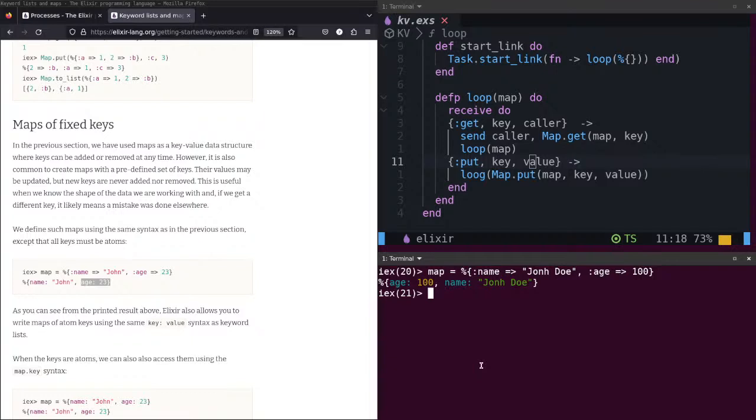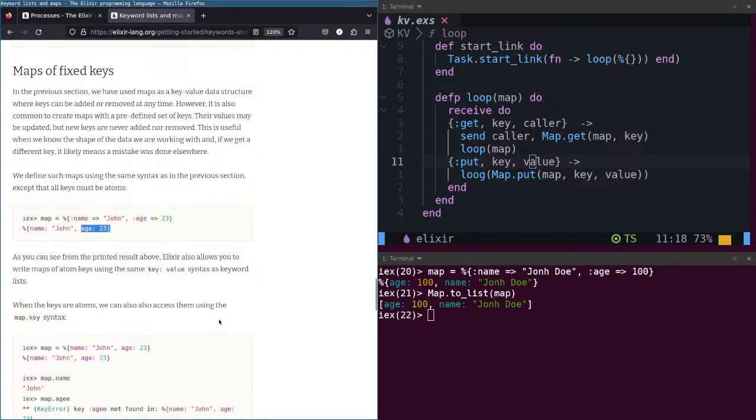Maps of atom keys. If I return map to list, as you can see from the printed result above, Elixir also allows you to write maps of atom keys using the same key-value syntax as keyword lists.